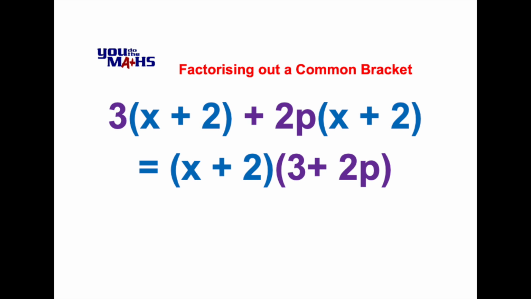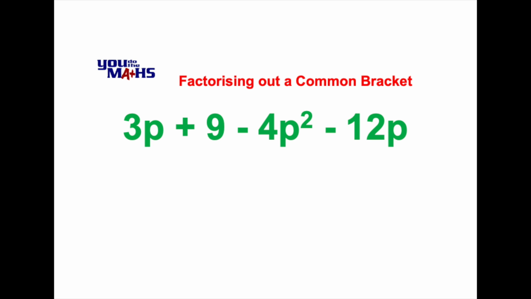So in this case, x plus 2 is common to both parts of this expression. It's being multiplied by 3 and 2p respectively in the two terms. And we can take that bracket out the front, x plus 2, and what we're left with is 3 plus 2p. We can use this idea when we're asked to factorise an expression which may appear to have no common